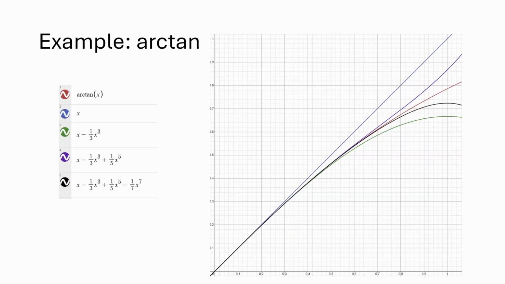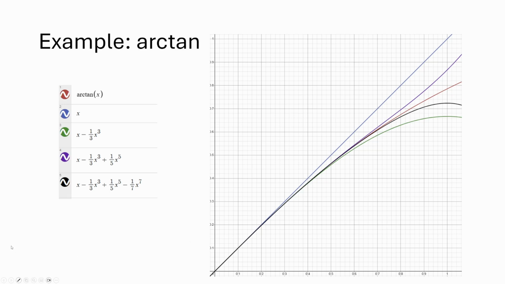And I wanted to show an example here. So this is the arctangent function. And in red, I have the official arctan function, at least according to Desmos. And we have some different series approximations for arctangent. These are the Taylor series with an increasing number of terms. So in blue, we have the linear approximation. That's just arctan x approximately equals x. And at small angles, less than 0.2 or so, you can see it's actually really close, but then